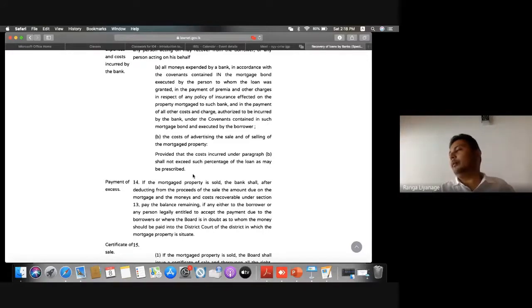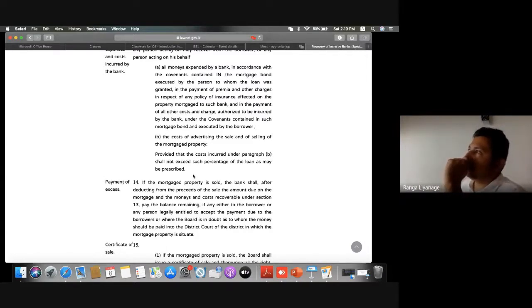Section 14 we come to now. If the mortgage property is sold, take the example I told you. Value of the property is 15 million. Mortgage bond is for 10 million because the loan was for 10 million. Loan outstanding as of default is 9 million, but with the interest accrued plus the costs, it came up to 9.6 million, let's say. And the bank resolved, resolution passed, sent to the customer, notice of sale sent to the customer,